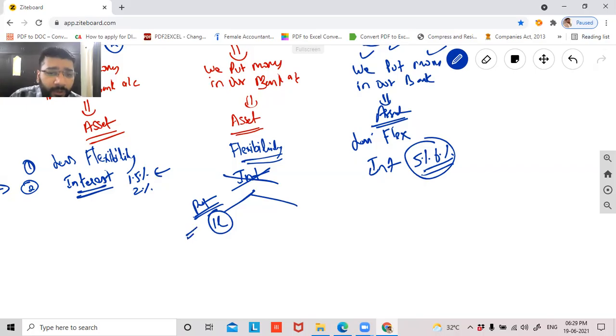This is your money which you put in the bank account. 1 lakh rupees you put in the bank account. And when you go and ask the banker, you have the right to ask for the full 1 lakh rupees, right? You have given 1 lakh rupees to the banker, so you can go and demand your entire 1 lakh rupees because this entire 1 lakh belongs to you. Yes or no? Yes, sir. So to the extent of 1 lakh rupees, can I say this is my asset?